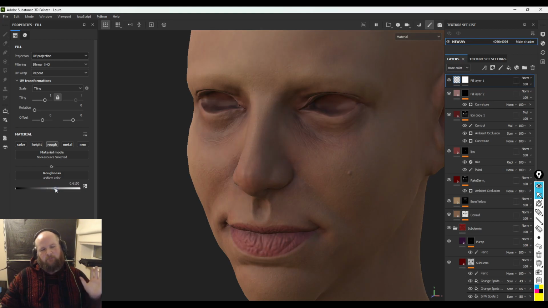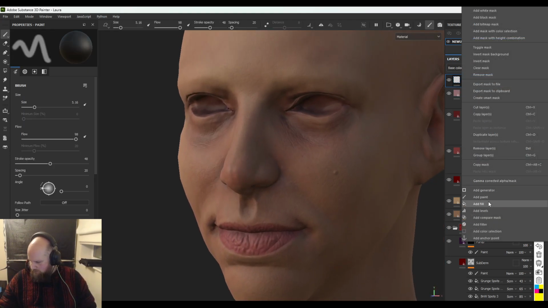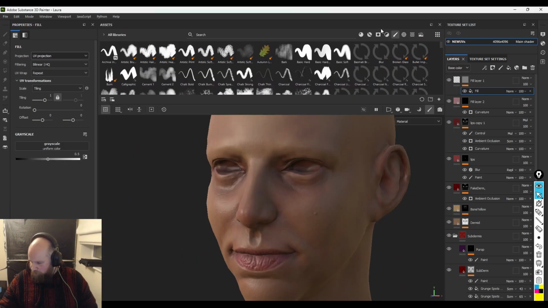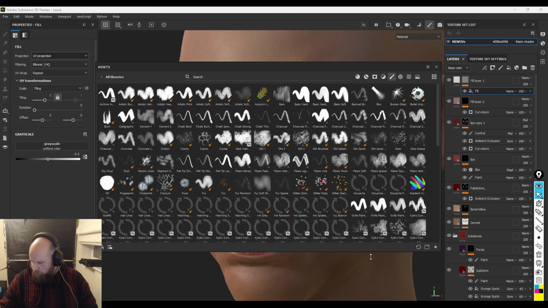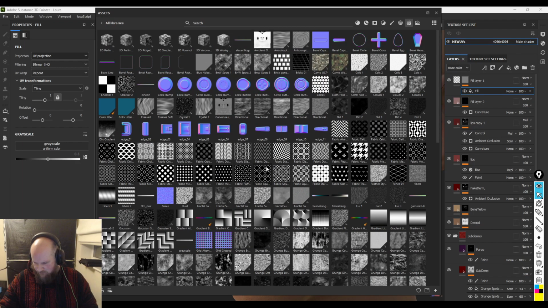And what I'm going to do is paint black into it to make things a little bit shinier. So if I get my base value, I'm going to have about 0.6 as my base value, like that. So there's a little bit of shine in there. I'm going to fill the layer. So I'm adding a fill layer, and then just add a really soft